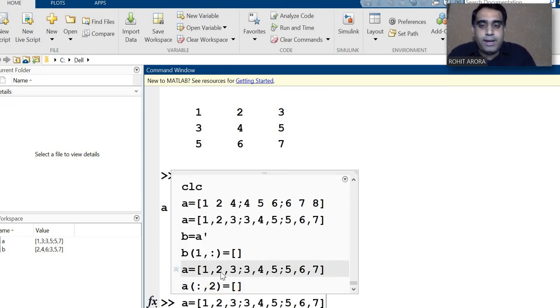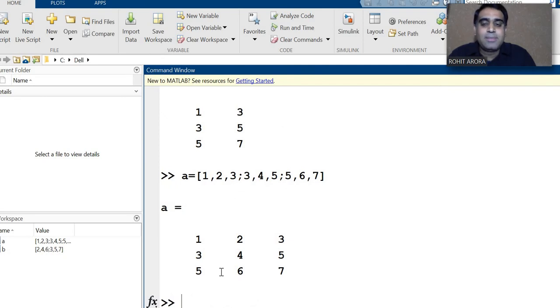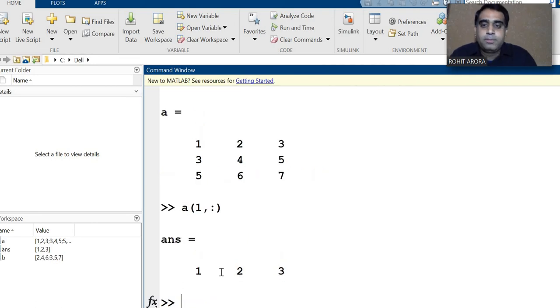Now if I take this matrix again and write only 1 comma colon, without using the brackets, what is the result? It means that only the first row will show you the result.